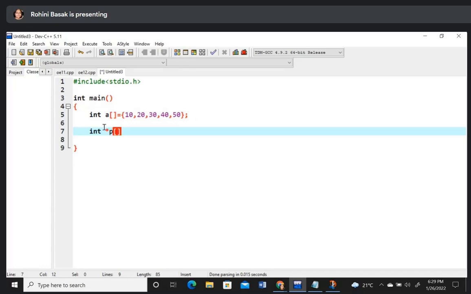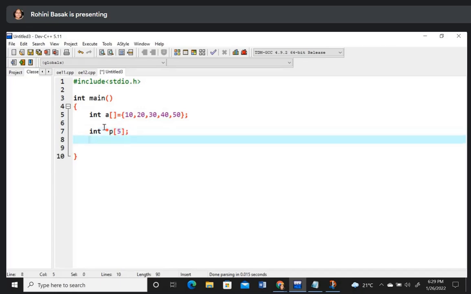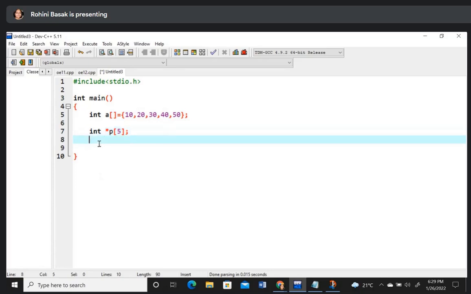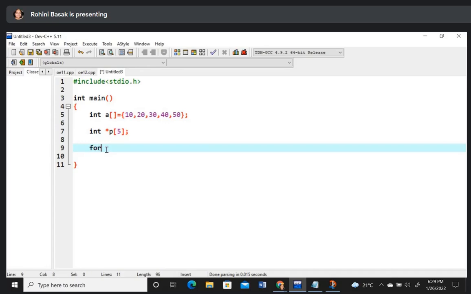আচ্ছা, এবারে int star p. Okay, now this is one more array, but it is an array of pointers. So that means each slot of this particular array P can hold the address of another integer array. Integer pointer যেহেতু, so each slot in the array P can hold the address of another integer array. হয়েছে, আমি ছবিটাকে দেখাচ্ছি একটু পরে।